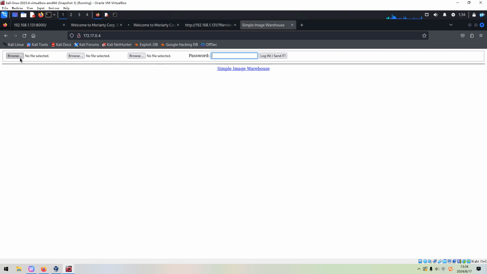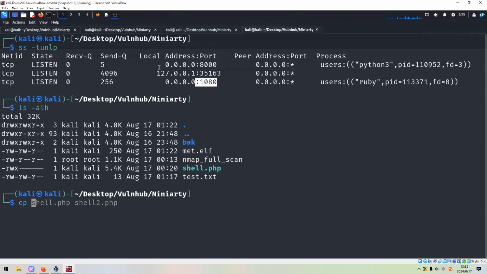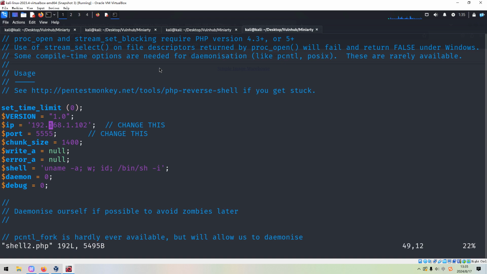We can maybe use the original. We assume that the target doesn't have any control in place. So I'd like to copy the shell to another one, and we can make modifications. For the port number, we can use a different port number, and of course we need to use a free port number on the Kali Linux.